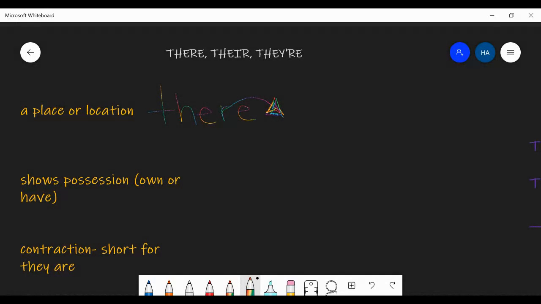The second one, T-H-E-I-R, is talking about possession. So when people own something, for example, I'm going to their house, or that is their dog. And what you can do to remember this one is turn your little I into a person. And that will help you to remember that you are talking